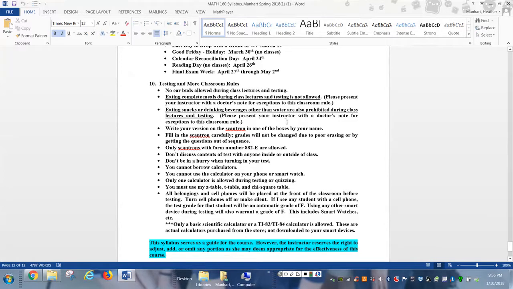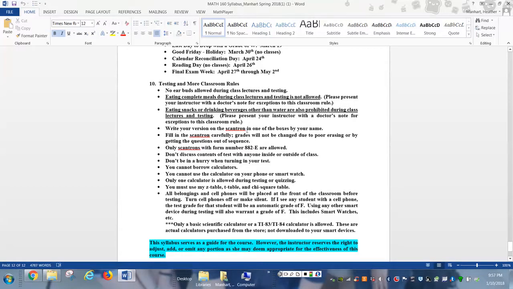a doctor's note. I will allow all students to bring in a bottle of water as long as you're careful not to damage the equipment in the classroom and the electronics. You can have your water or your coffee, things like that. There cannot be any tobacco products in the class. Obviously, no smoking is very obvious. You cannot smoke. But there are other tobacco products you cannot use. It's illegal, actually. And that's something I would have to turn you in for.